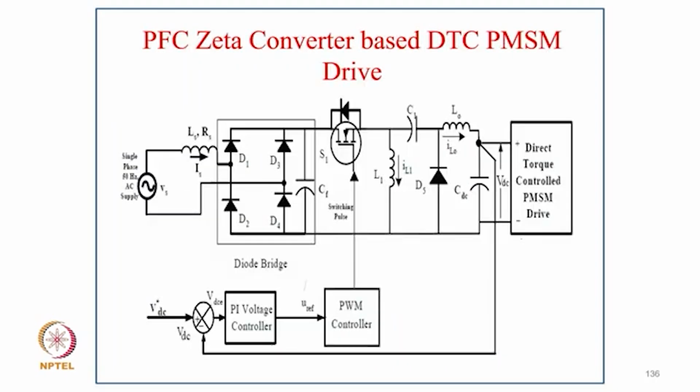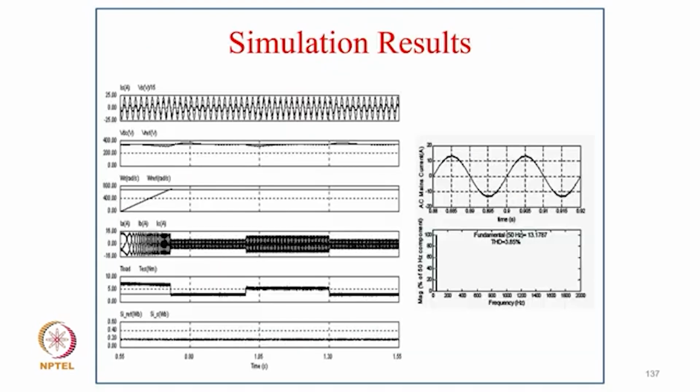0.99. Now this is another converter for the same motor drive, the Zeta converter here also, where CF is very small, and we only design L1 in DCM and LO in DCM, which gives inherent power factor correction. Indirectly here, we are not sensing input voltage or input current, even while varying the voltage range. And this is the simulated performance.